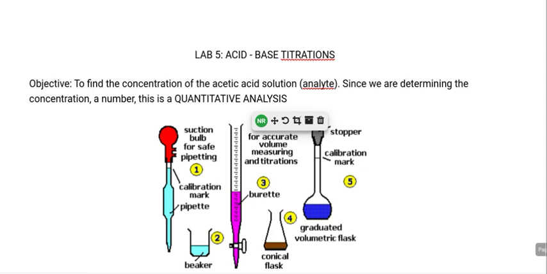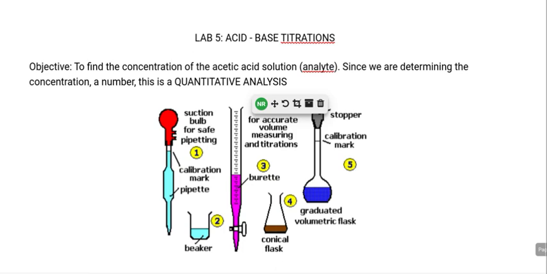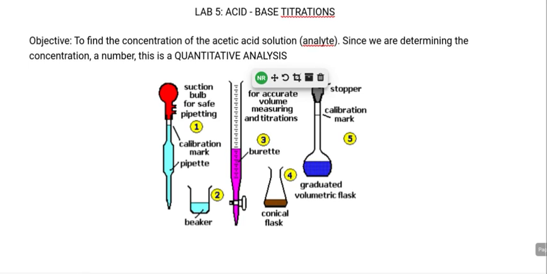In today's lab, it's a quantitative analysis because what we're trying to do is find out the concentration of the acetic acid solution, our sample, and we're going to use something called titration to do that. Now, before we start, just an opportunity to familiarize ourselves with the apparatus that we're going to be using in this lab. We've got